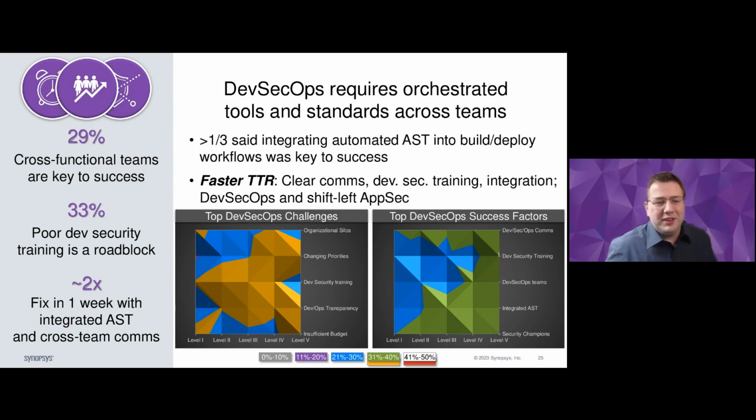So we could interpret this in a few ways, but we've seen in other research that as we establish integrated and automated DevSecOps programs in these higher maturity organizations, changes to priority and budgets can be pain points because the organization is shifting its focus after they've, so to speak, solved the DevSecOps problem. So they tend to move on to other areas of investment and then bring back these budgetary and prioritization pains. And now, interestingly, we see almost a potential opposite impetus for budgetary constraint, which actually leads the challenges among our level 1s. That's on the leftmost side of our left chart,